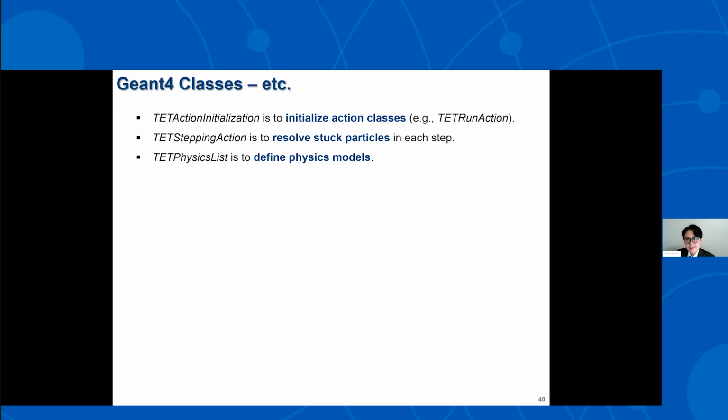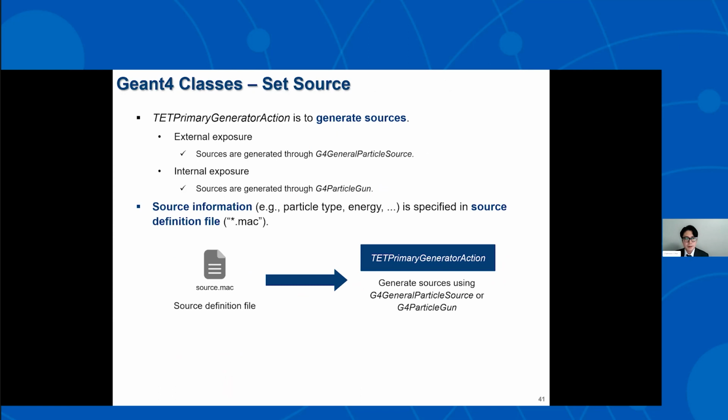In addition, the classes performing various functions are included in the input examples. The sources are generated in TET primary generator action class. For external exposure, a G4 general particle source class is used. So only the basic information for configuring this class are included, and the most source information are specified in the separate source definition file named source.mac. So if the users want to modify the source information, we can do most of that in the source